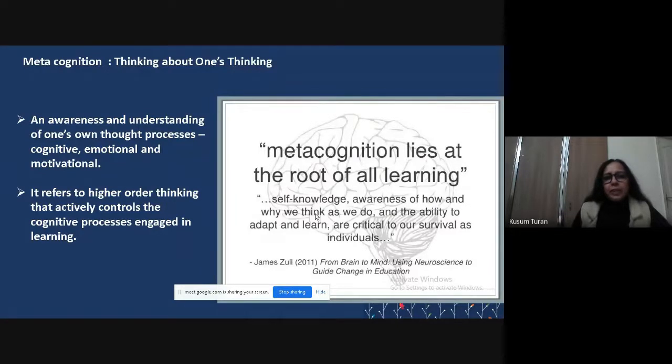Now, the first strategy that I try to follow is metacognition. Very rarely used in these classrooms, but metacognition is if you can instill